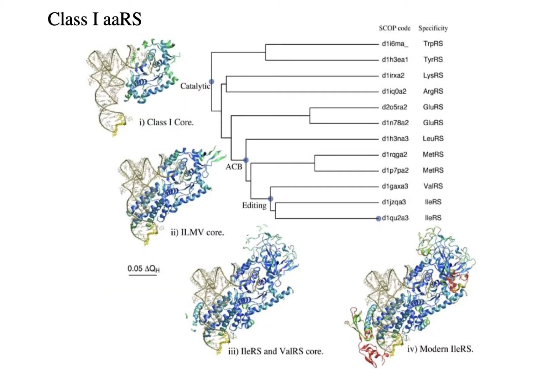And here's a phylogeny of group 1 AARSs. You notice that the tRNA is reversed from the previous slide, which had class 2s approaching from the opposite side. And again, very early on, some of the aminoacyl tRNA synthetases did not contact the anticodon at all, and it was only later in evolution that they began to recognize the anticodon as well as the structure of